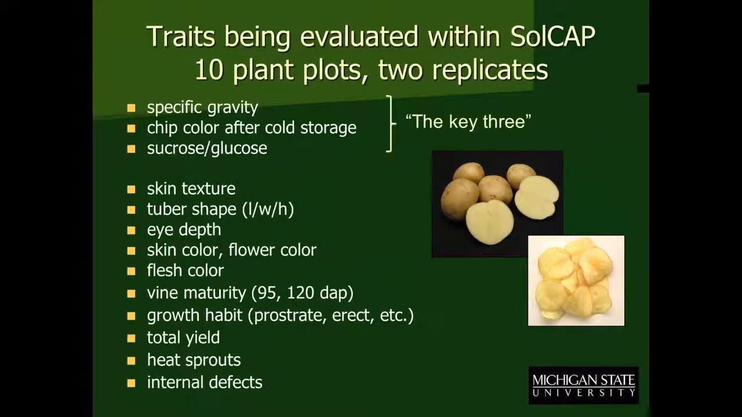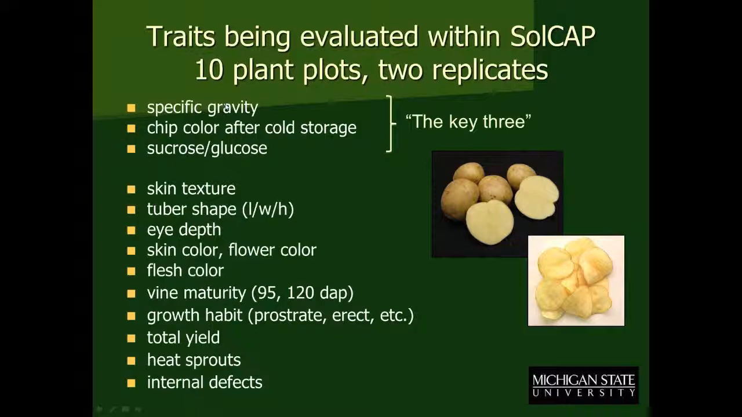The traits that were collected in this population are shown here, but the top 3, specific gravity, chip color, and glucose and sucrose, were some of the key important traits. And the data was replicated twice, and we used 10 plant plots as our experimental design. Today we're going to focus, when we're looking at the QTL analysis, on the specific gravity data that was